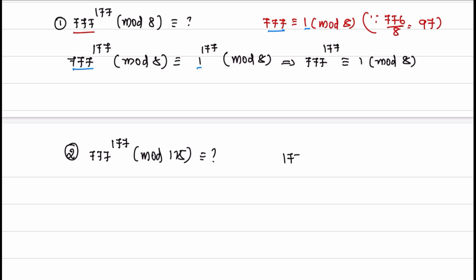What is 177? 177 is equal to 125 into 6 plus 27, which implies this can be 777 to the power of 125 into 6 plus 27 mod 125,